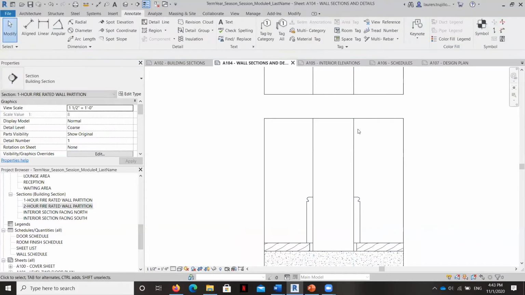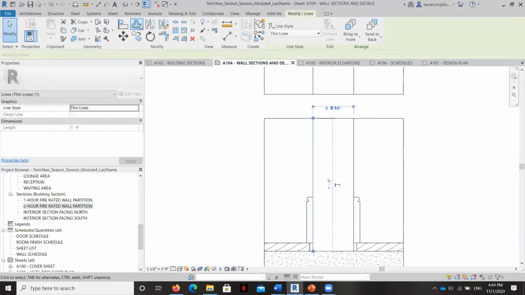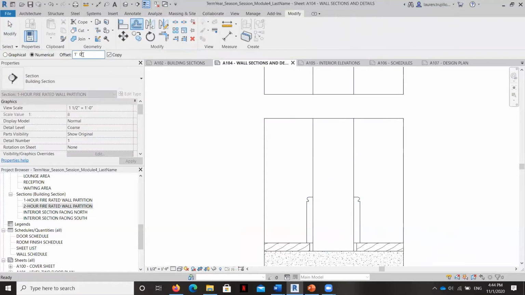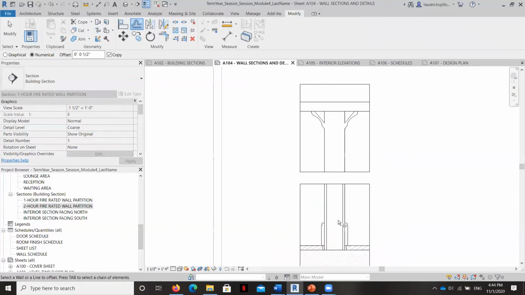A 1 hour fire rated wall has 1 inch, or pardon me, ½ inch thick gypsum drywall on either side. So we're going to click on here, modify with an offset, and we're going to just offset it by ½ inch. Okay. And we'll end up doing the same thing here as well.